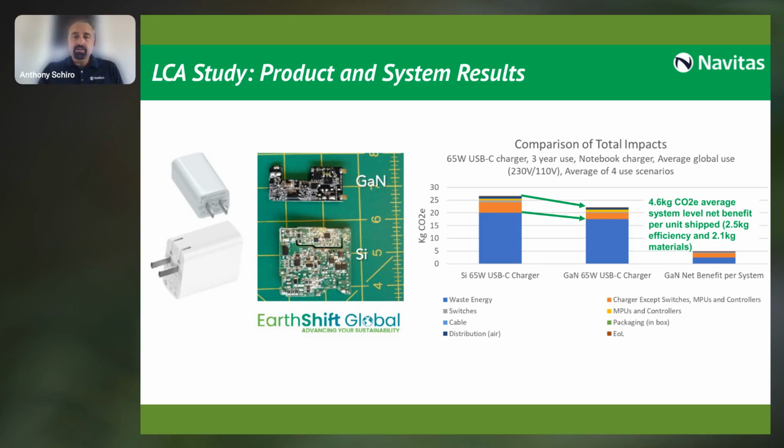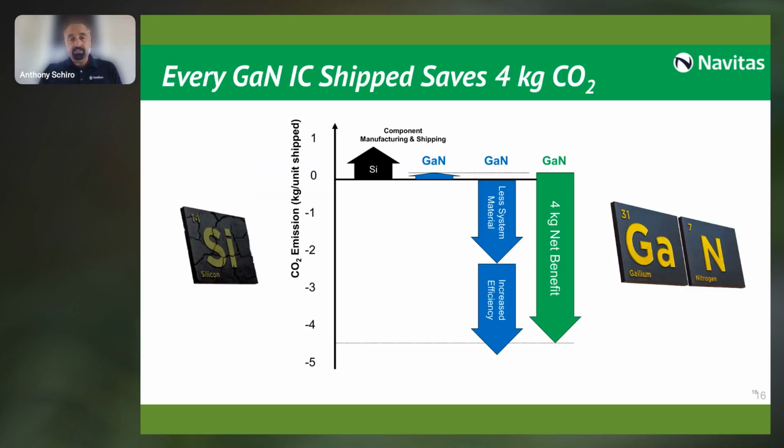But interestingly, we also found that it's very significant: a 2.1 kilogram reduction for every device made, due to material and distribution impacts from lower size, lower material count, and lower weight. So both are appreciable to the net result of over 4 kilograms CO2 saved per device that we ship from Navitas. And here's a high-level view of what I've just stated, how gallium nitride